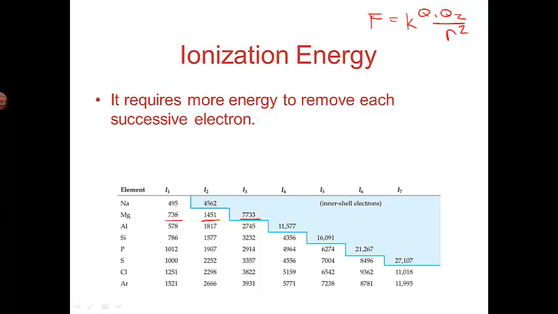Once you've taken away those two, you are now going down into a lower energy level that is going to be closer to the nucleus. So the outer electrons of magnesium, it's got 2 electrons in that 3s, and then after that, we jump down,